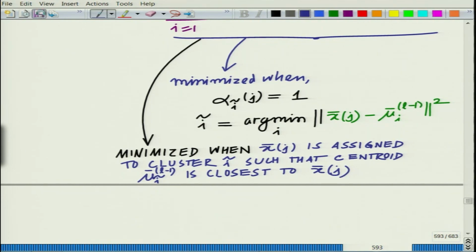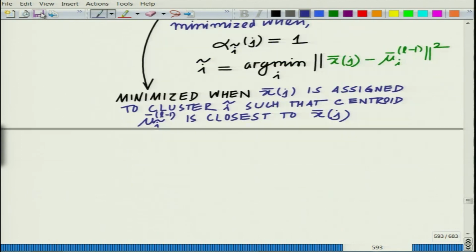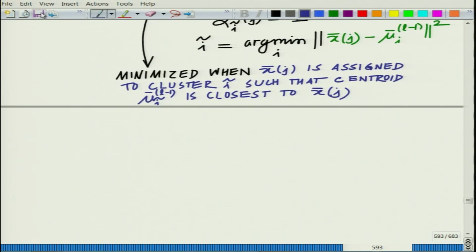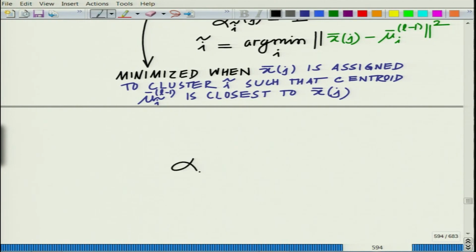So, you are assigning the point x bar j, each point x bar j for that matter, to the cluster I tilde such that the corresponding centroid mu bar I tilde as computed in the iteration L minus 1 is the closest to x bar j. That gives us the assignment, that is alpha I tilde in iteration L